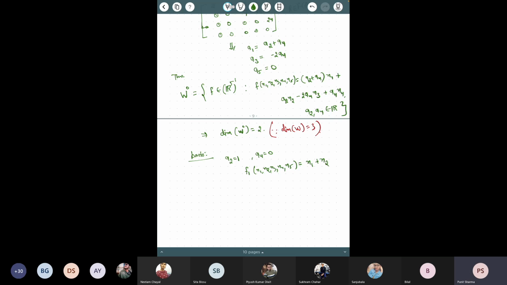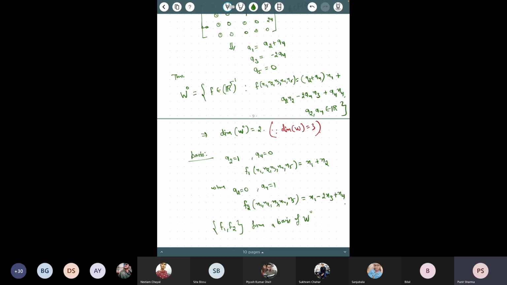It is just x1 plus x2. And when you set a2 is 0 and a4 is 1, then you get f2(x1, x2, x3, x4, x5), which is equal to x1 minus 2x3 plus x4, right? Now you can verify that f1 and f2 form a basis